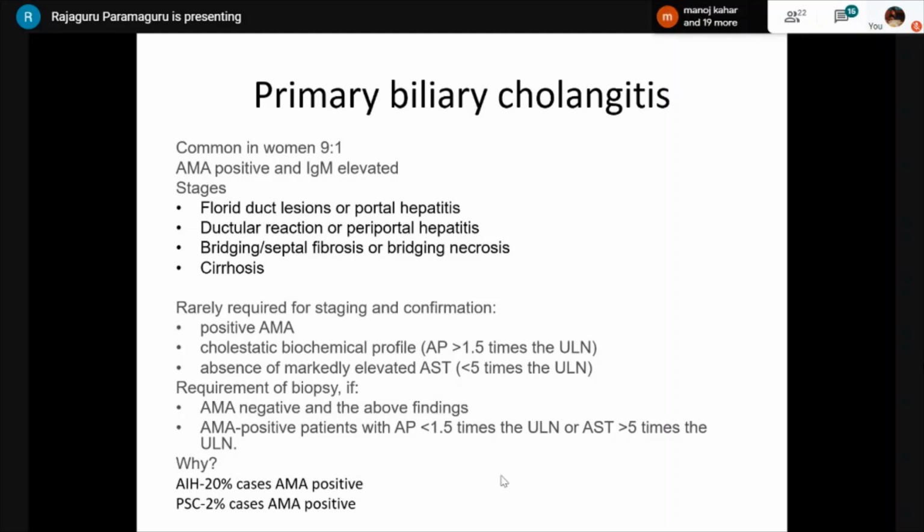These are the stages. And if you remember, I had shown you the use of CK7 and staining for copper and copper-associated protein, that is rhodanine and orcein stain, to highlight the presence of copper in the periportal hepatocytes, and the positivity of CK7 in the periportal hepatocytes, which is seen to correlate with the stage of the PBC. So for increasing stages, the positivity for CK7 increases. If it is only restricted to the periportal hepatocytes, it will be stage 1, whereas in cirrhosis, the whole cirrhotic nodule might be CK7 positive.